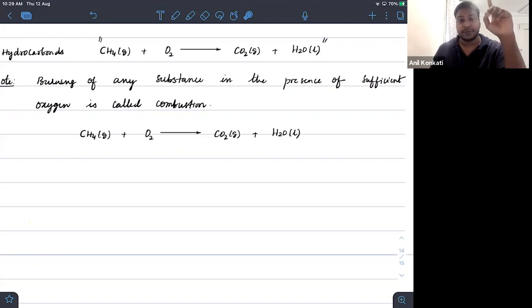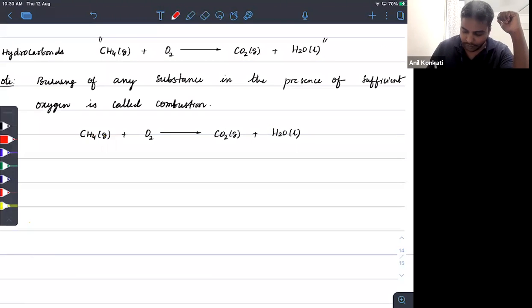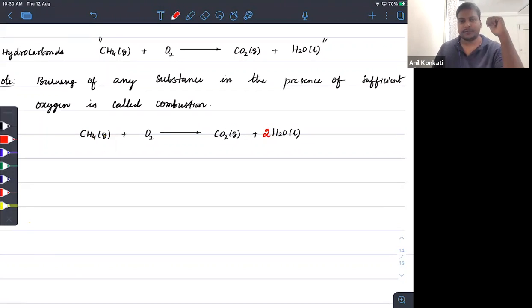First, like I said, always start from the product. Check out the product. In the product, it is a carbon which you need to check first. So we have checked carbon. Right side there is one carbon. Left side there is one carbon, balanced. Next, we will see hydrogen. In the reactant side, we have 4 hydrogens. On the product side, it appears that there are 2 hydrogens only. So what should we do? I need to multiply 2 here. So hydrogen is balanced.